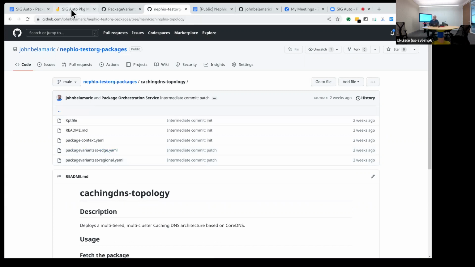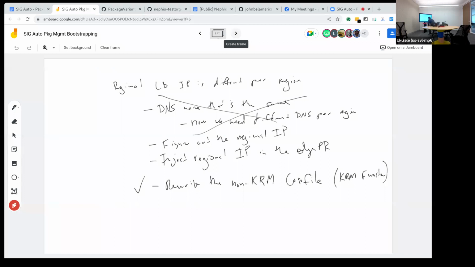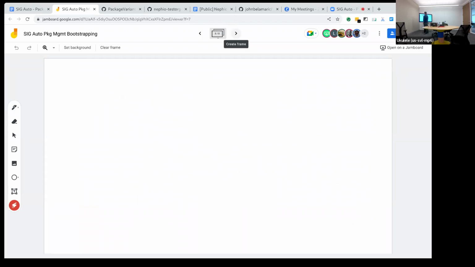Let's go to the next page. So we need edge packages cannot be configured until distribution LB IP allocated.